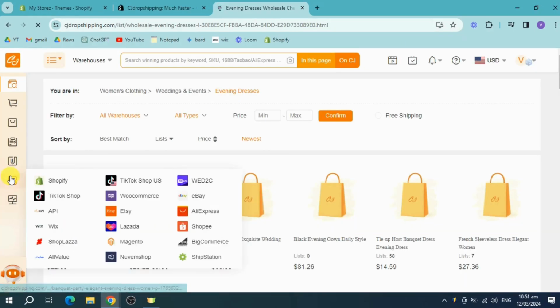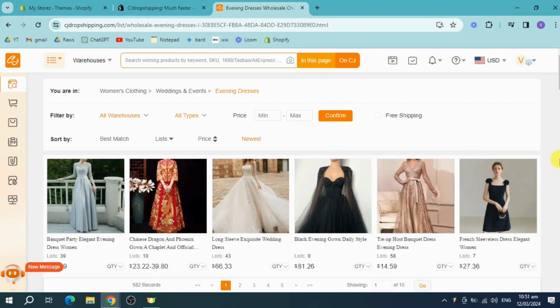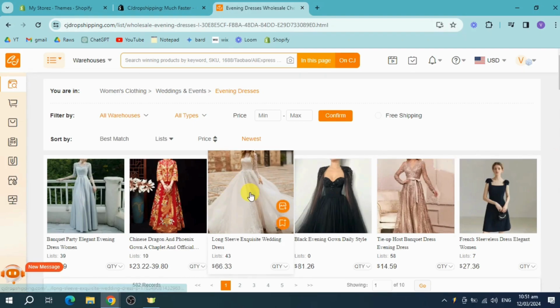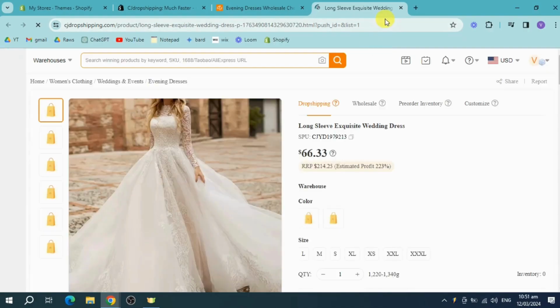Now, once you have chosen a category, you should be able to see some products that you can choose from to add to your actual Shopify store. So for me, I'll choose this wedding gown right here. And then you can just click on this icon right here, this sets list. So click on this icon, and then this will direct you to another page where you can see the full